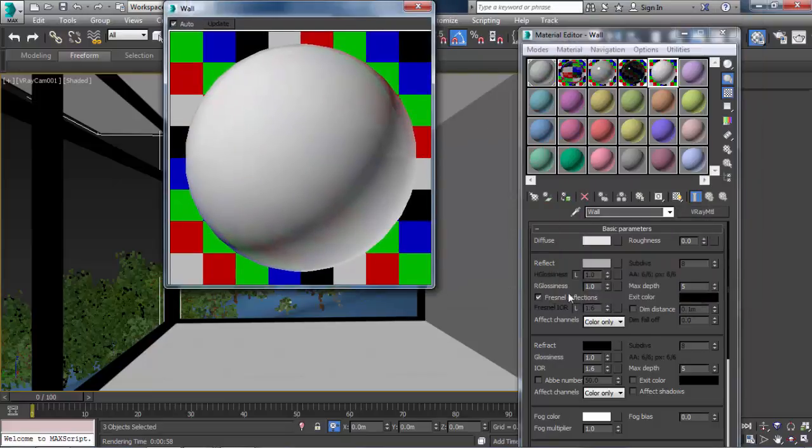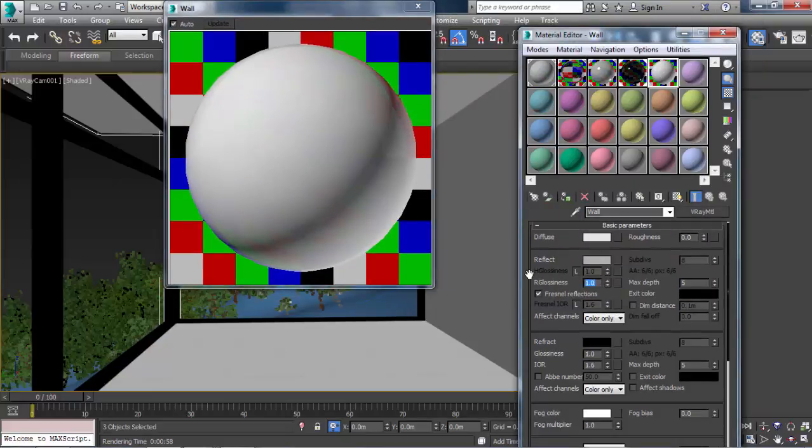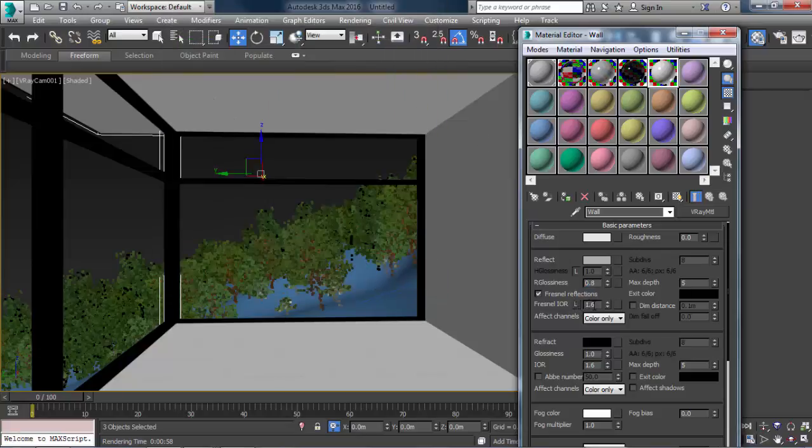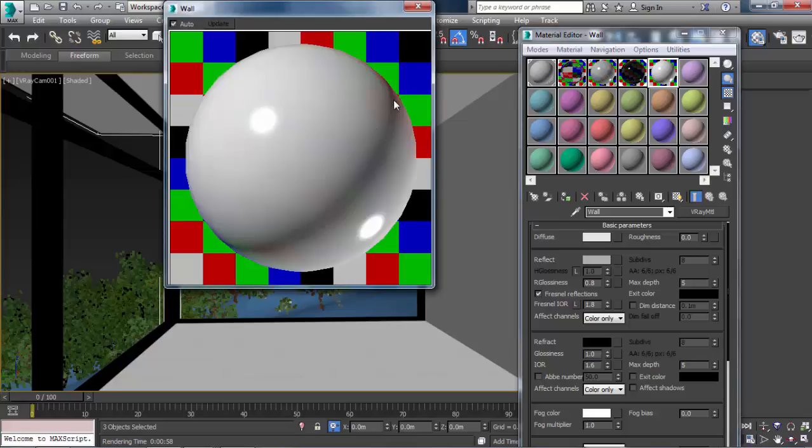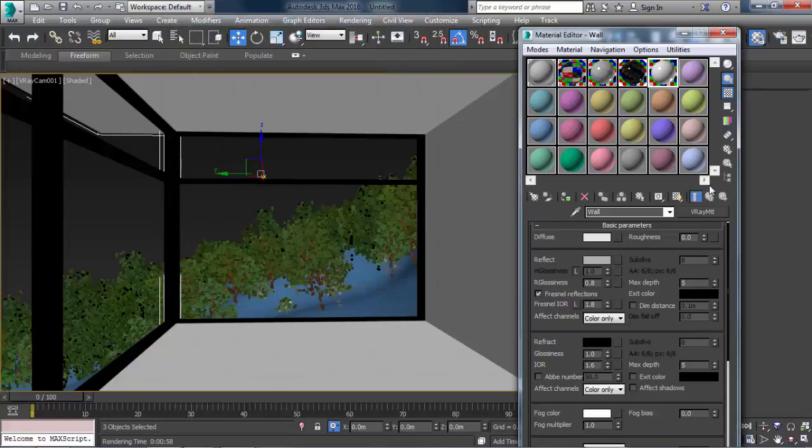Okay, the glossiness is going to be something like 0.8. Let's see how this would look. 0.8. So increase the IOR to 1.8, so I have more reflectivity.